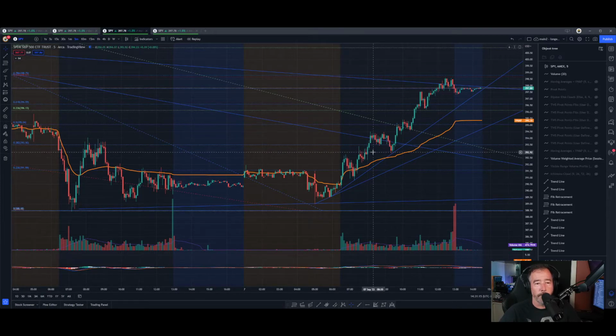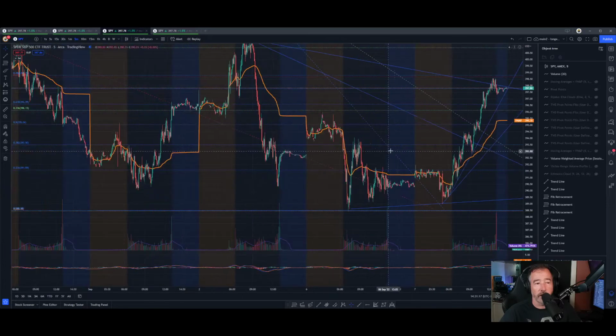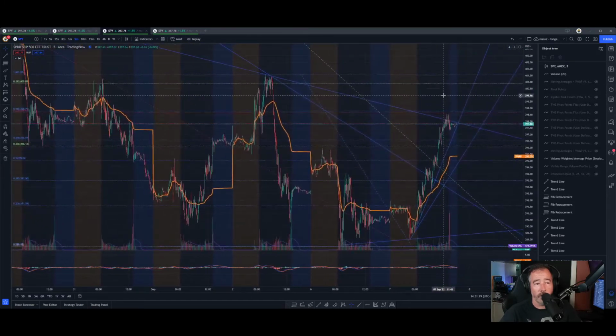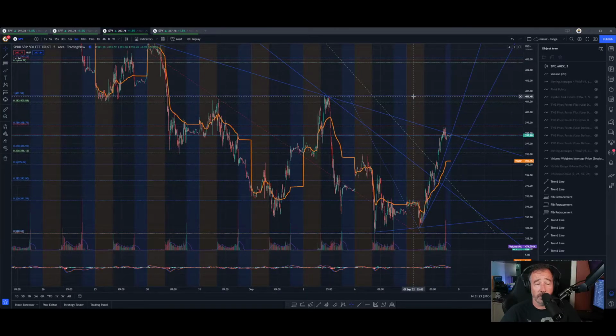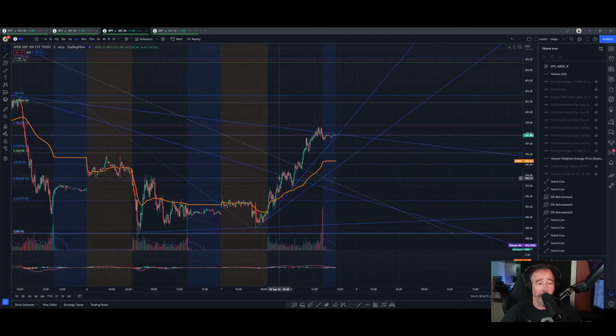But the places to enter the trade for me would always be, and let's just say we're going to start to swing this as well, not saying that's what I'm going to do, the first place to enter the trade could be this VWAP push, and that would be on a day trade. Because you get that push off of VWAP, you come up to this trend line here, maybe take some profits, and then see what happens on the pullback. Do we break this trend or don't we?